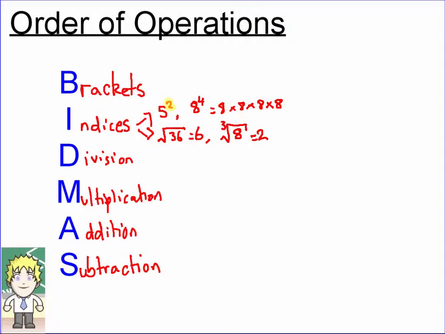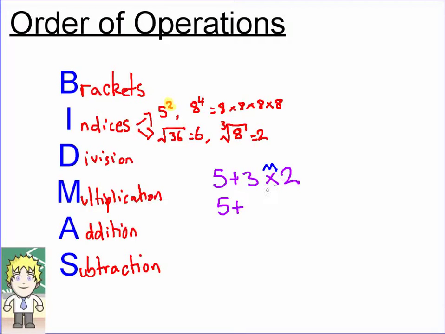Okay, so you may be asking, how do we use this then? If I have a question such as 5 plus 3 times 2, how does BIDMAS change that? Well, it means we must do our multiplication first. So I'm going to put an M here to remind me that multiplication comes before addition. I'll leave the 5 there, and I'll have to do 3 times 2, which is 6,